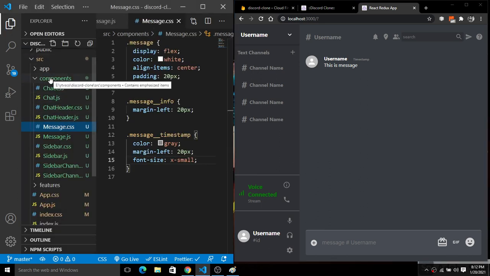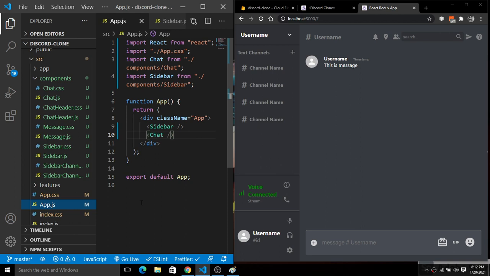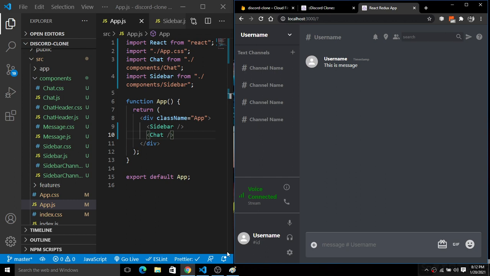We have created a component here. Now let's go back to the app.js. We have done the front end here. Now we are going to do the backend. So we are using Firebase authentication.